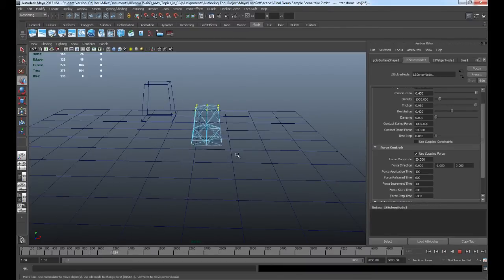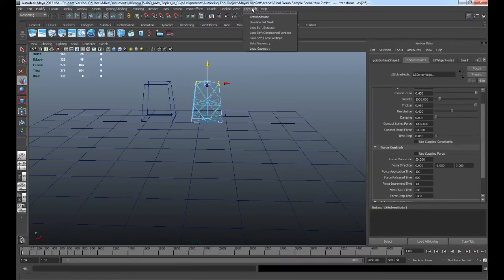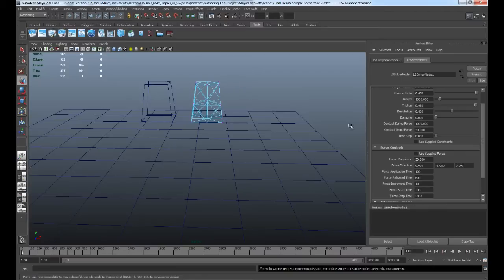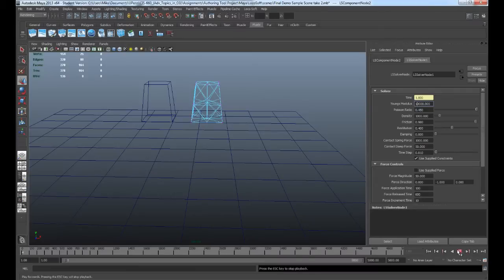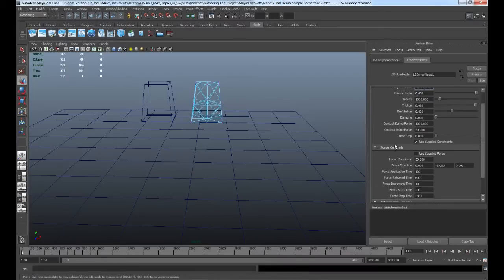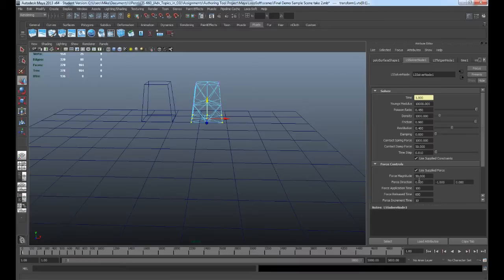Next, let us fix vertices using constraints. For that, first we are going to disable the existing user forces from our solver, and then we are going to select the vertices, and using Locosoft constraint vertices and enabling constraints in the solver, we are going to constrain the vertices. Let's reduce the Young's modulus to get a little bit of wobble at the base of the object. Let us now add downward forces to the bottommost vertices. This way, we can simulate the effect of pulling a constrained object and releasing it. Let us tweak the force parameters. Let us reduce the magnitude of the force,